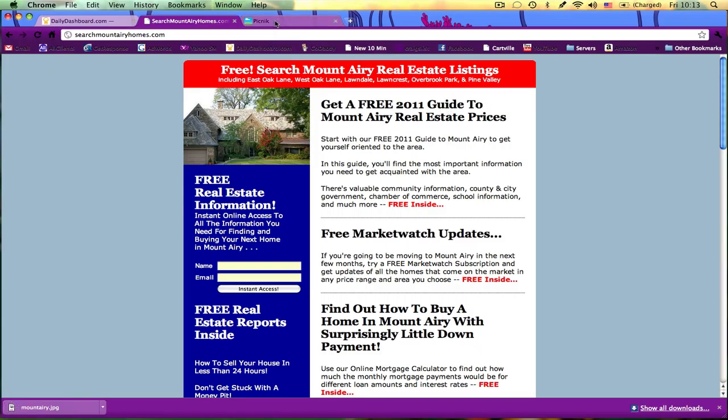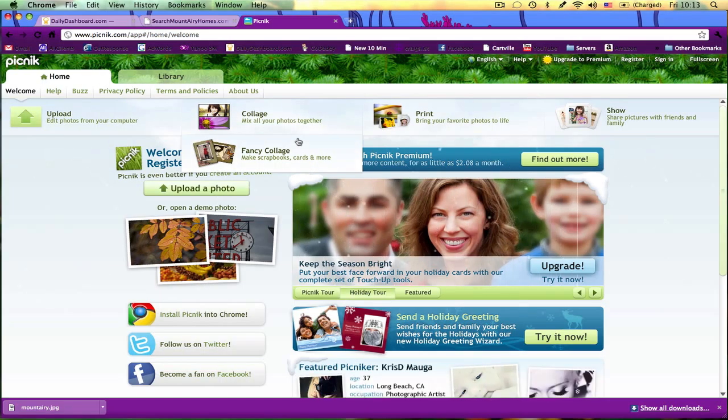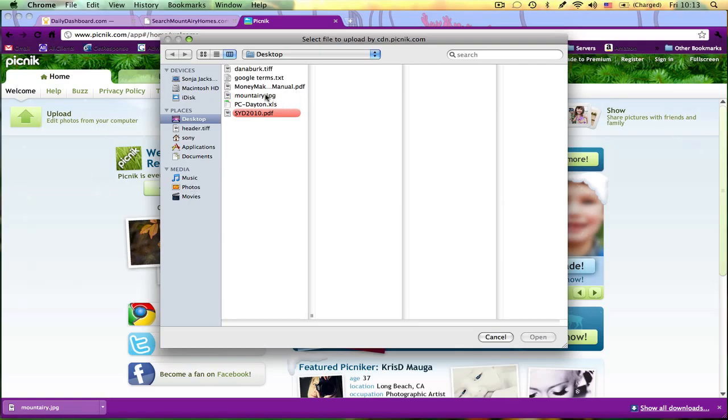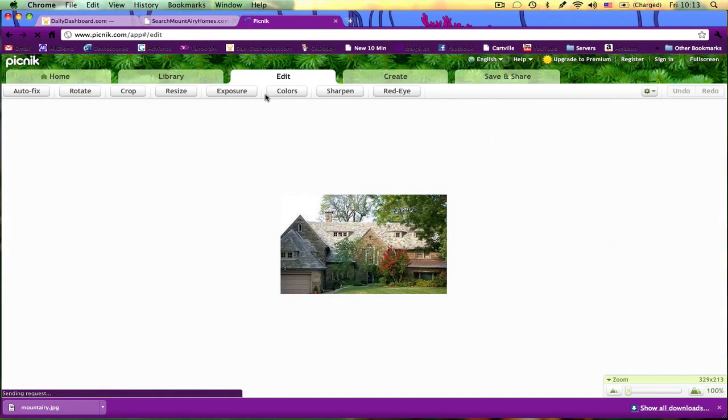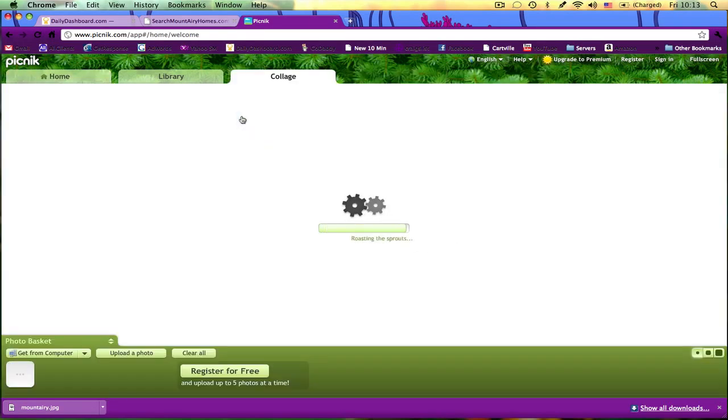All right, then go over to Picnik.com. Now, I'm not even signed in, and they allow you to use it without signing in. You can register and sign in, it's free, and that will store like 5 photos at a time, which makes things easy. So I'm going to go ahead and upload a photo. I find that one, Mount Airy. So here you see it, and then I'm going to go back to home, go to collage, excuse me,